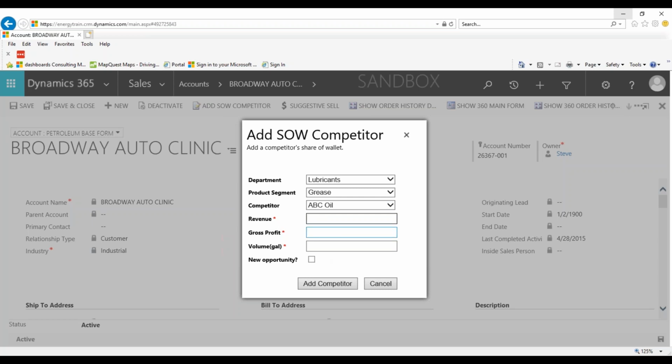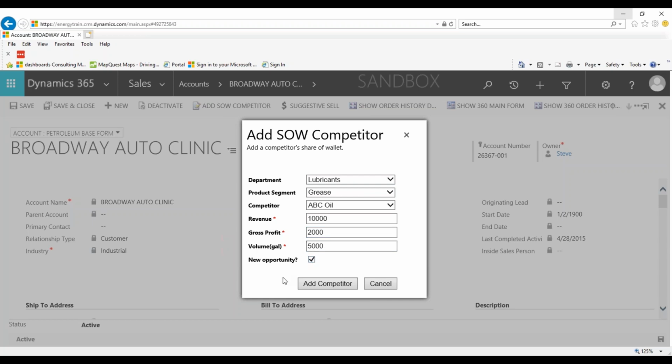It is required, so if you don't know the answer, you could at least enter a 0. But I'll just make up some numbers, like a revenue number and a gross profit number, and how many gallons or pounds would I be talking about here? And so I'm just throwing in some numbers. So I could be done right now, and I could say add this competitor information to CRM, and I could be done. But if there's a chance I could actually go after this business right now, right, that means an opportunity. I have enough information right here to not only store this competitor information, but if I check this box,